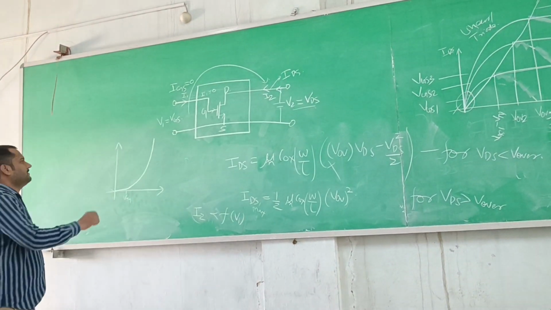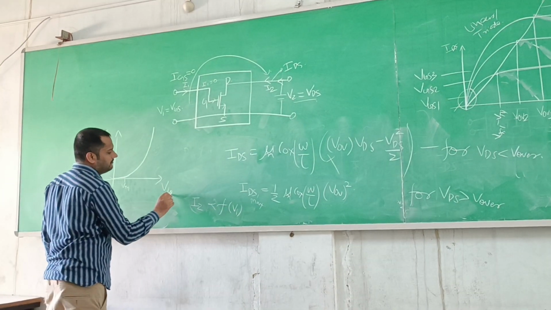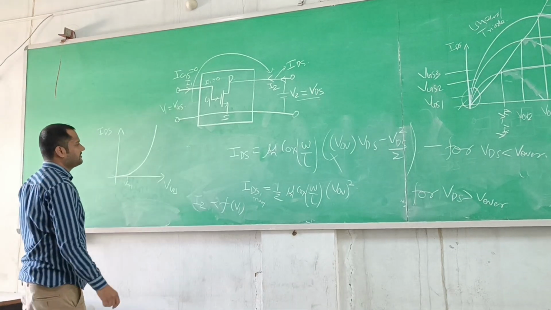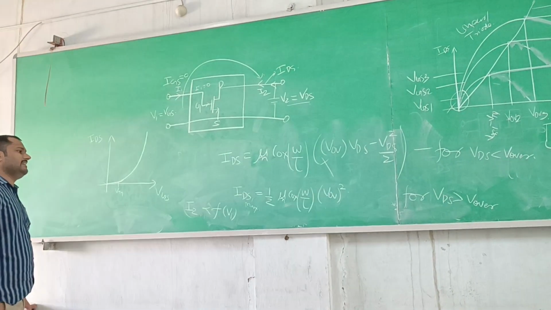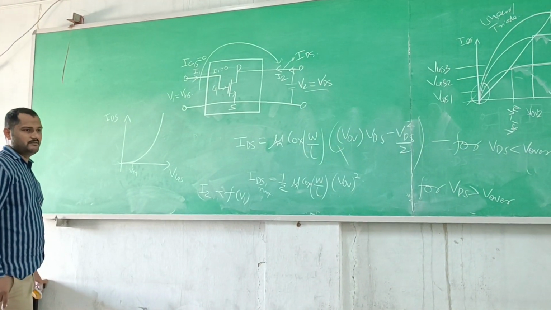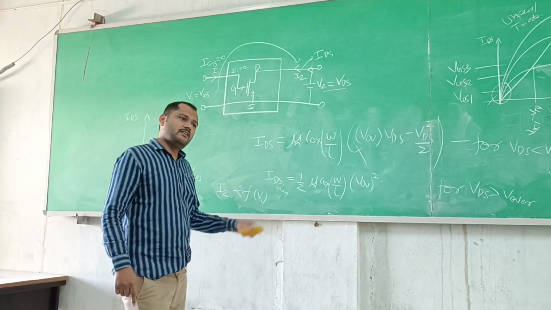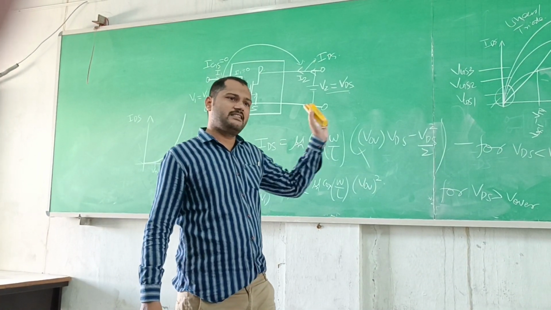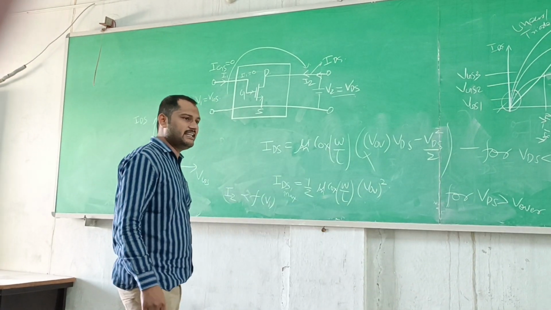This will be the curve between IGS versus BGS. This is called the transfer characteristics. Now the problem again. What we want? The slope to be constant. We want the y parameter for a linear, for an LTI system. For the y parameter of an LTI system, it should be constant. And the y parameter is nothing but the slope of this characteristics.